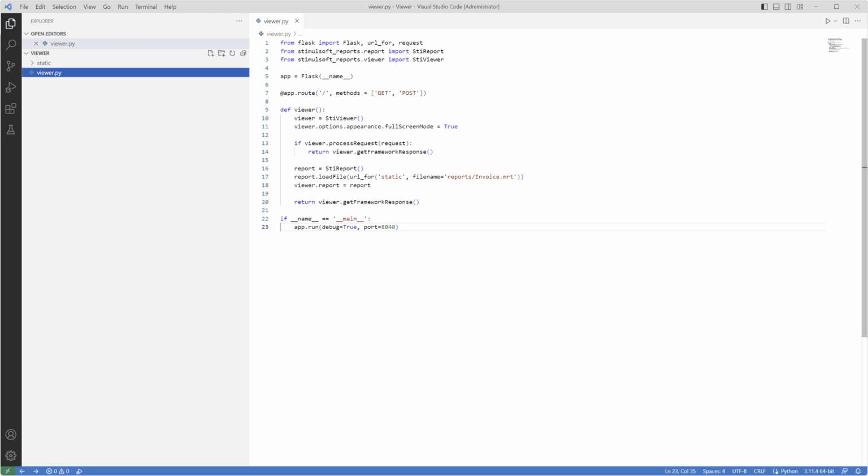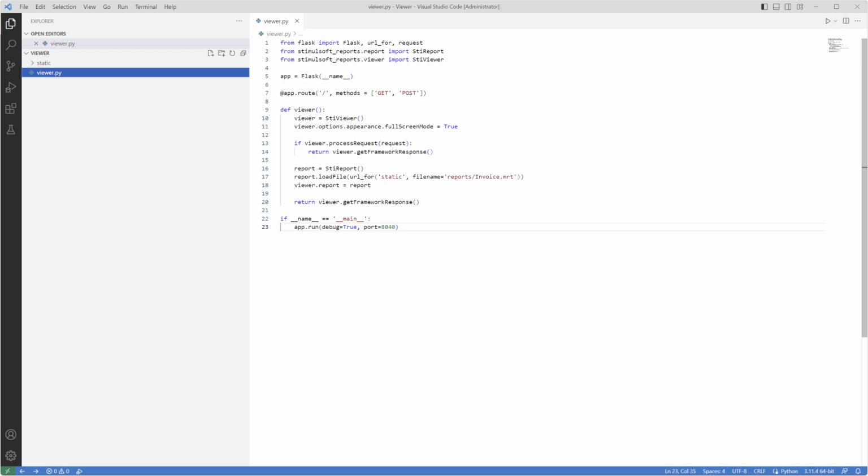Before I start, I would like to share some important tips. Make sure to check the quality settings on the YouTube player and set it to 720 or higher. Also, expand the player to full screen. This will ensure a clear view of the code and actions demonstrated in the video.